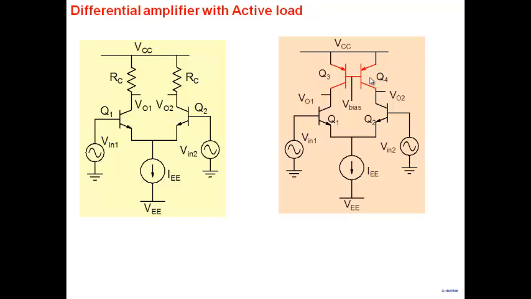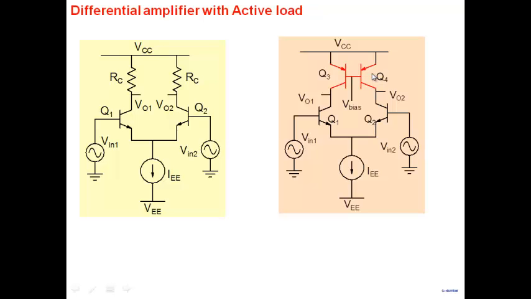Note that if you recall our earlier discussion, we wanted to take RC out and replace it by a transistor. We had seen that an NPN transistor we cannot put. NPN was not working out. PNP is what we use, because when you connect a PNP and look up, you're looking into the collector and you see a high value of resistance. Okay? You see a high value of resistance, and that allows us to build a lot of gain here. So what we arrive at is now we replace this part by a current source. And what we are saying is perhaps we can take this out also, RC, and replace it by 2 PNP